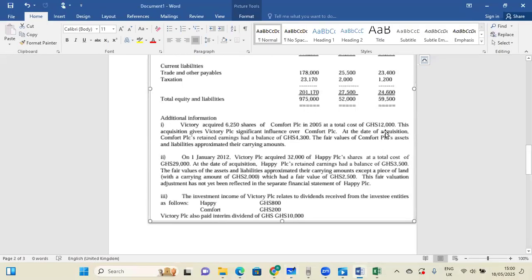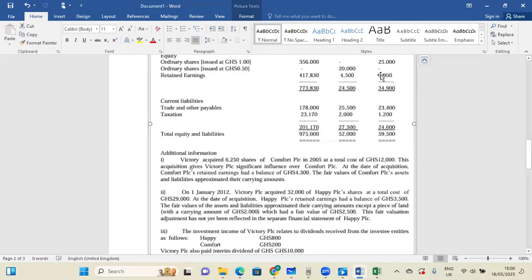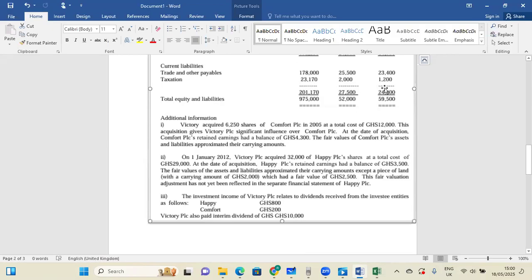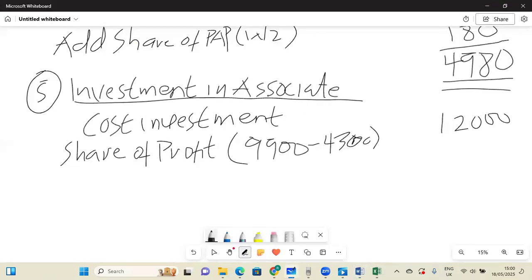So the question told us that when we invested in the associate, the retained earnings balance was 4,300, right? From that time up to this, we had 9,900. So we just have to find the difference and then multiply it by our share, 25%, because you have 25% share in it. So 25%, right. And then we are going to get